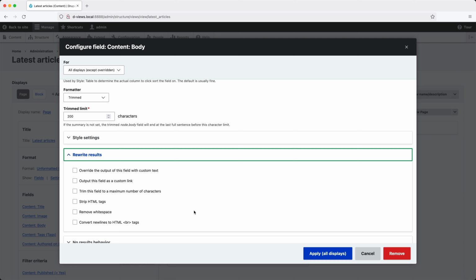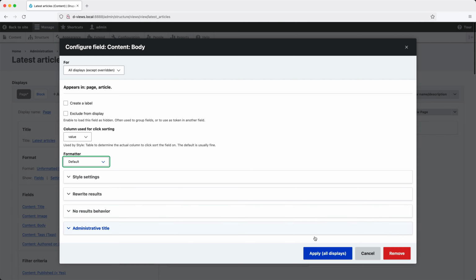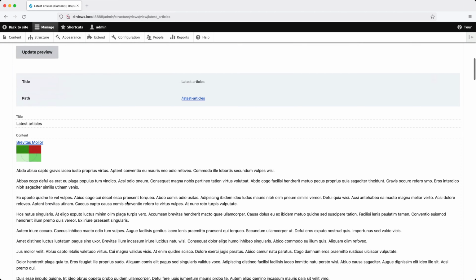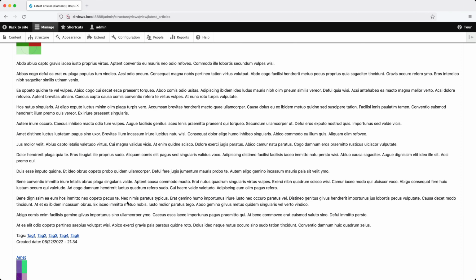To start things off, let's change the formatter from trimmed back to default and click on apply. And if we look in the preview section, we should see the article with the whole body field. Now let's go back into body